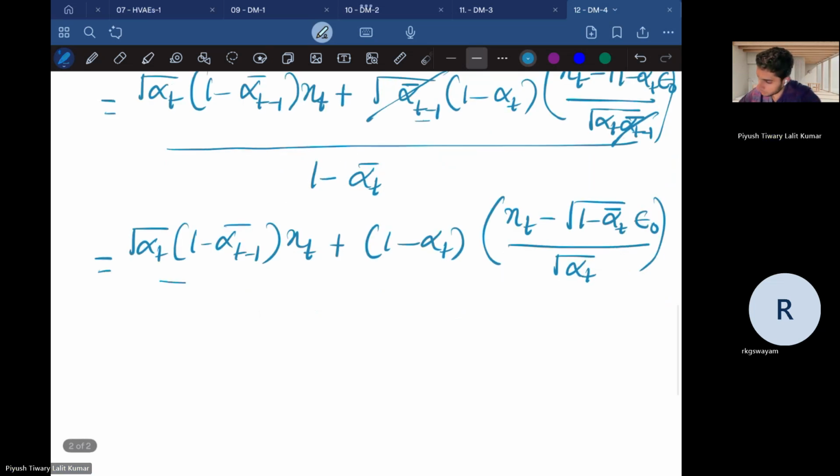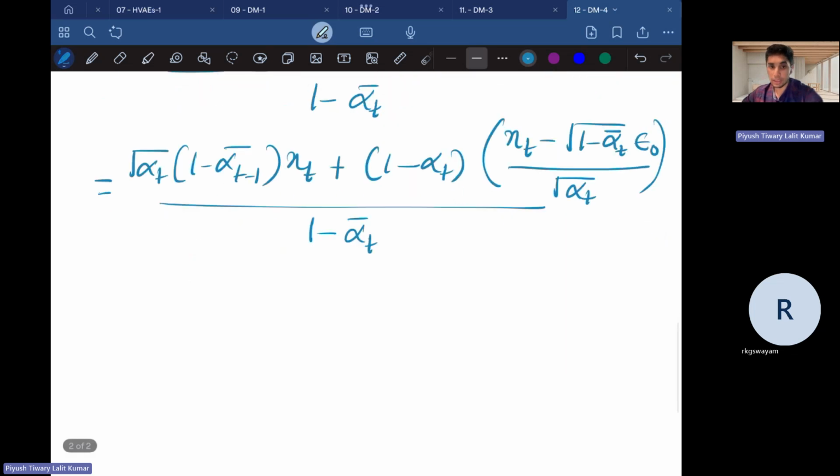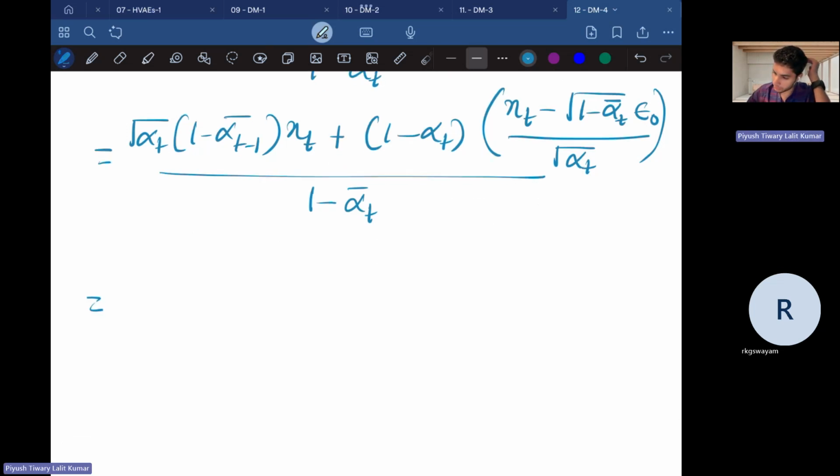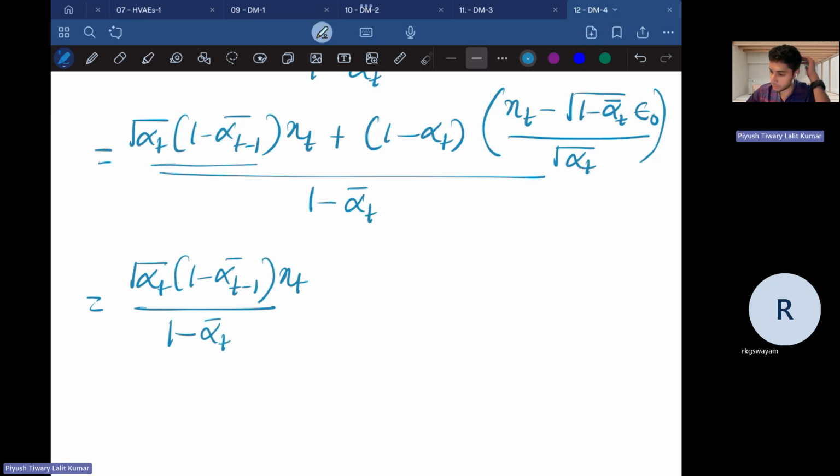Okay, whole thing divided by 1 minus alpha t bar. This is what it has become. Now let us write things in a simpler way. So what I will do is just break down the terms. 1 minus alpha t minus 1 bar xt thing divided by 1 minus alpha t bar, right? This is the first term